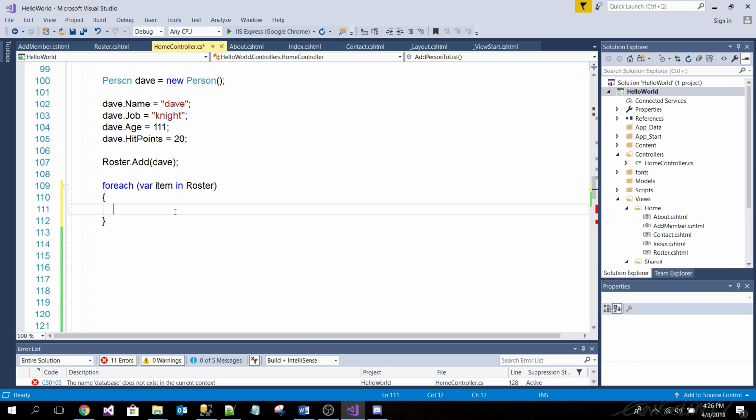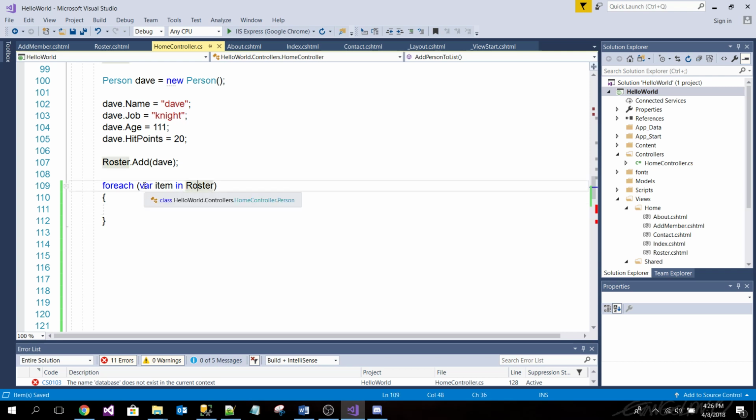Item is going to represent each item in this collection. So basically, this is saying, do this to each item in this collection. Whatever you write in here, you're dealing with the word item and it's just one item, but it's going to do it for every one in the collection.